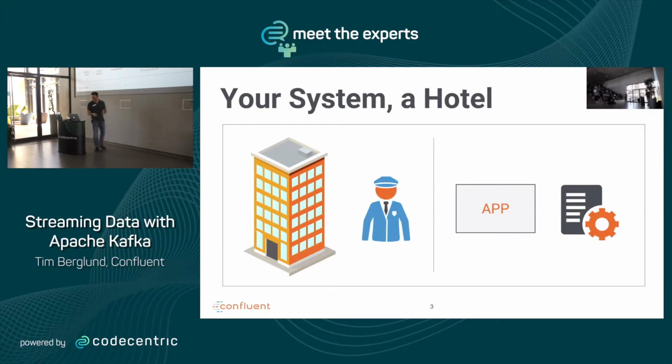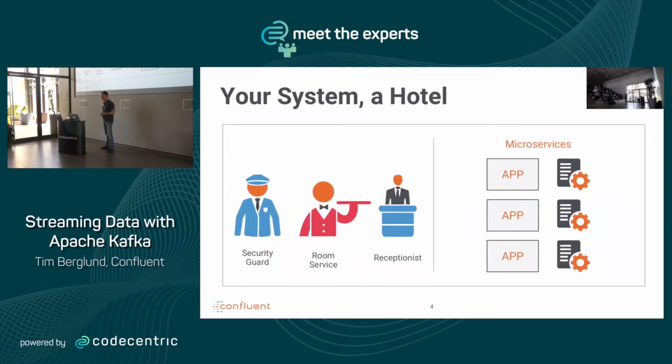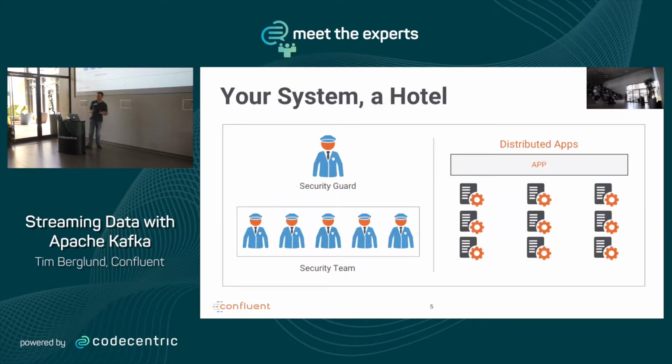Yeah, all these things need to be orchestrated and scaled independently. This is the world of microservices. I need security, I need room service, I need reception. These are all independent applications, but I also need to be able to scale them independently. And each one of those is dealing with common data flows, just like we looked at this morning. And sometimes the transformations that they have to do are non-trivial. Like